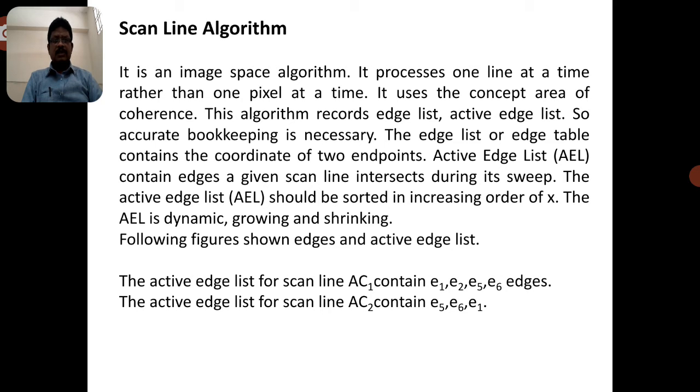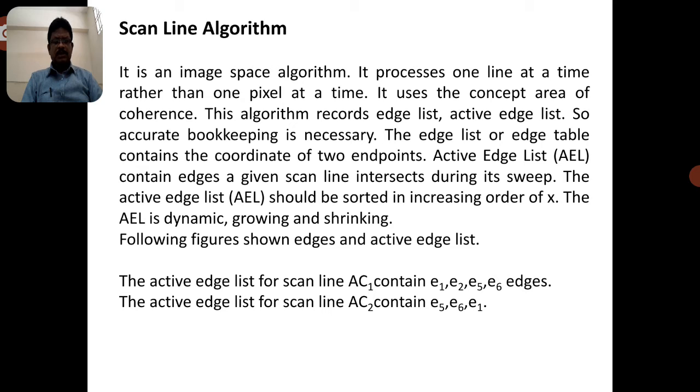The sweep, in the sense, is like an animation function. Sweeping means we have to identify the particular object which is placed on the surface. Whatever the initial object and whatever the output object, some frames are taken in between. Those frames should be calculated; that is the active edge list. The AEL can be stored in either increasing or decreasing order. Dynamically we can store that information in this description of the line or the polygon.